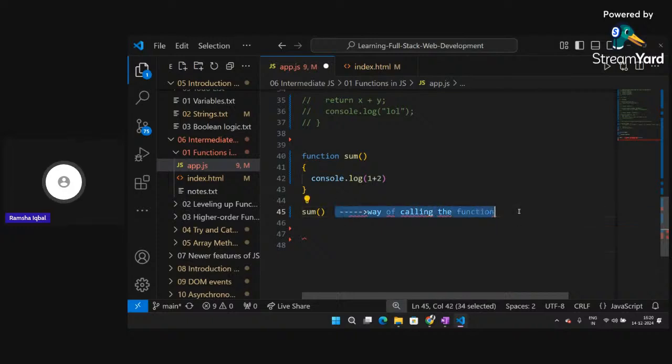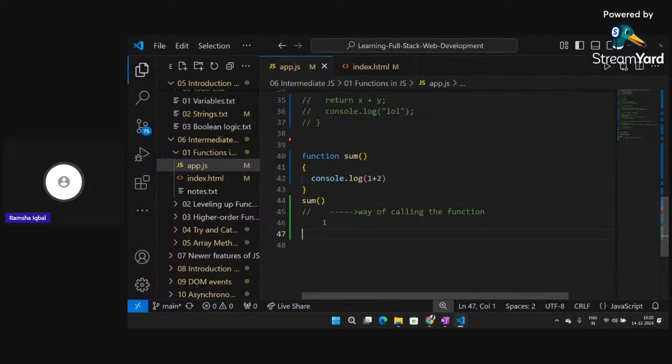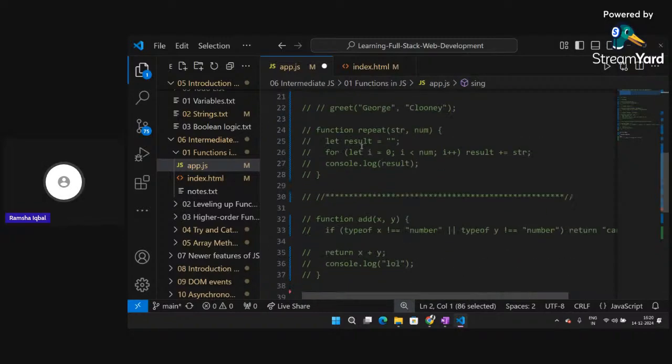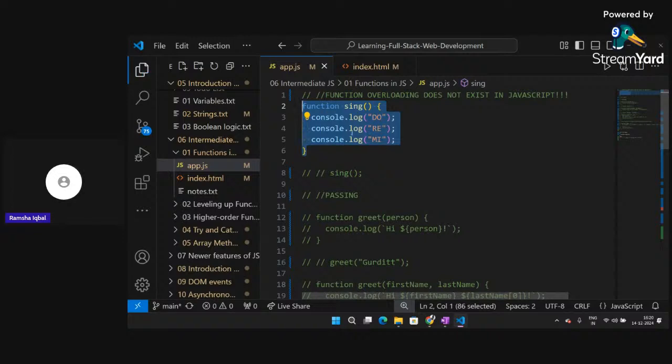If you see very clearly, there is also one issue. So this is the first step of writing a function. Okay, I refresh this, you can see this particular function. So similar to this, here I have done this particular thing, which is the function sing, right? And if you see this very clearly, this is function sing,